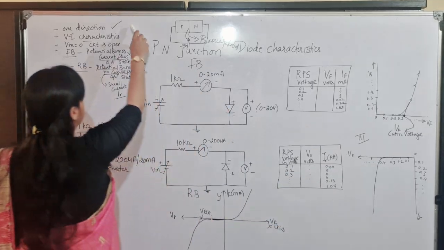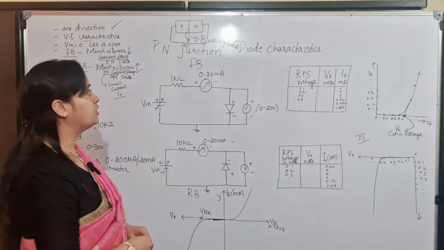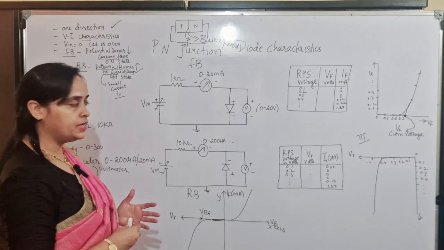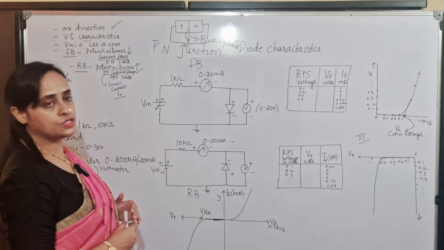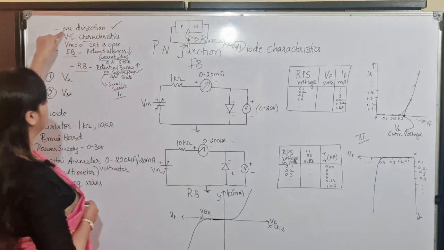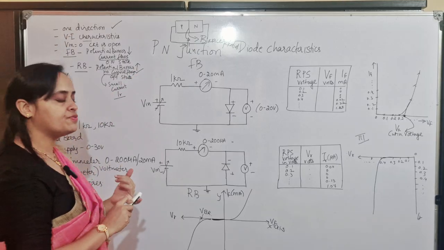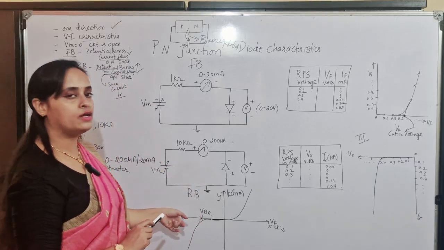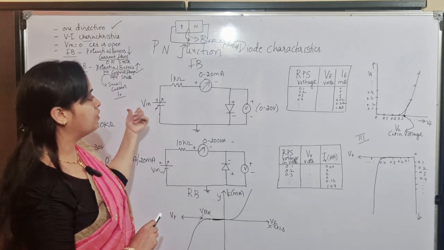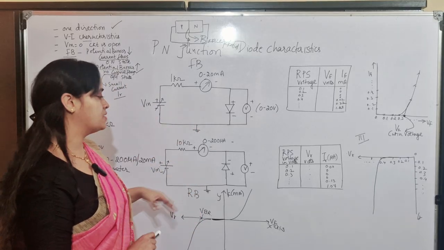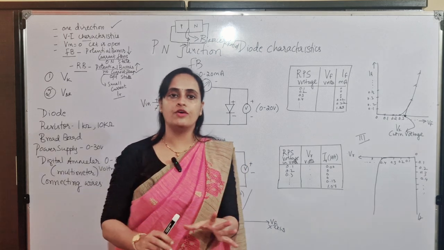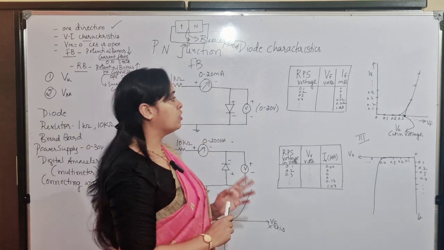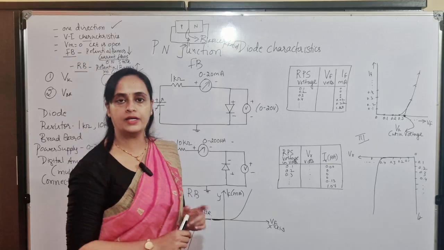Okay. And if you understand the theory, PN junction, where a junction which is obtained by merging p-type and n-type. Diode is a device which is formed using PN junction which will conduct only in one direction. What is forward bias, what is reverse bias, and what is cut-in voltage, what is breakdown voltage, and during forward bias what is happening, during reverse bias what is happening. This will give you a clear idea of the PN junction experiment where you are supposed to plot PN junction diode characteristics.